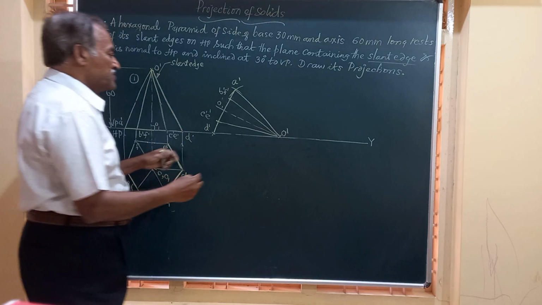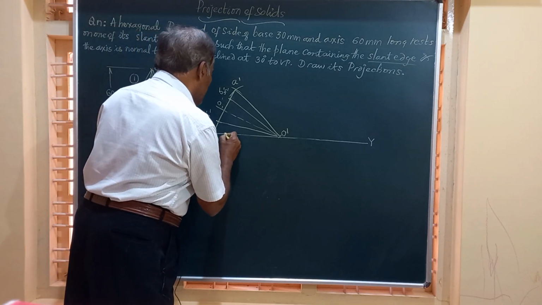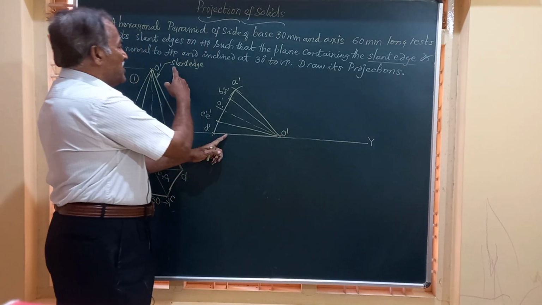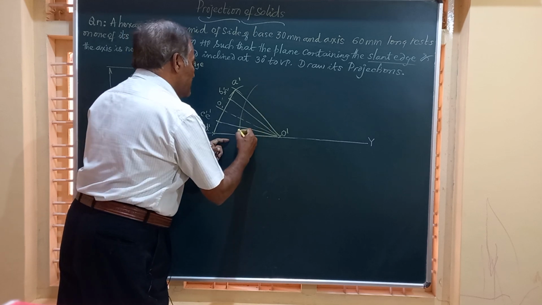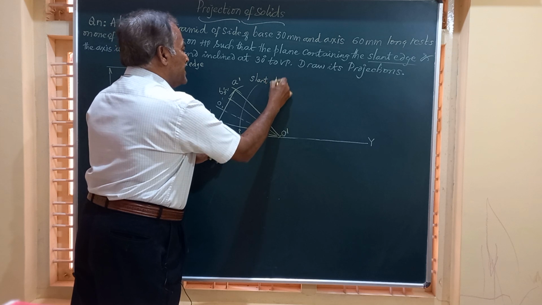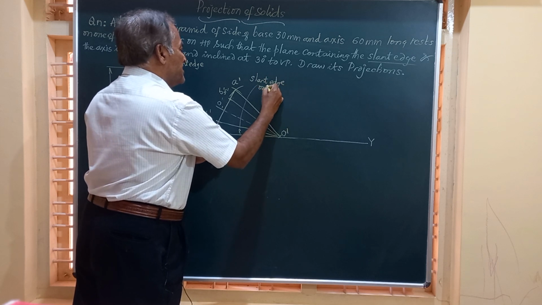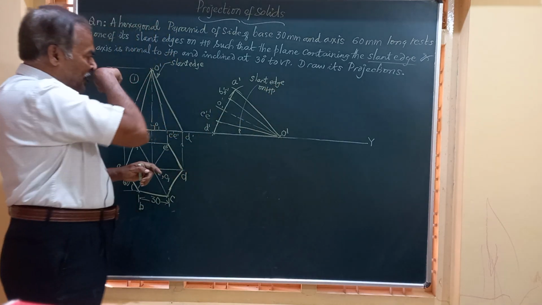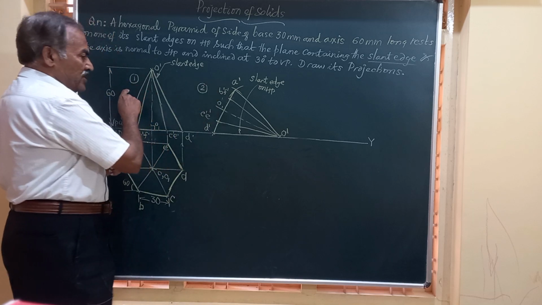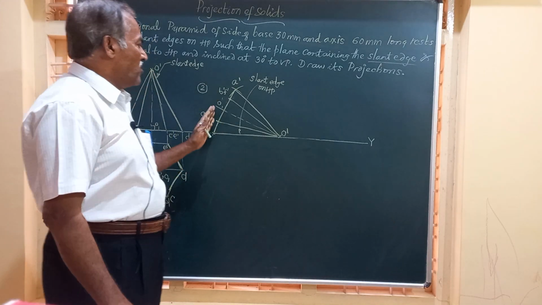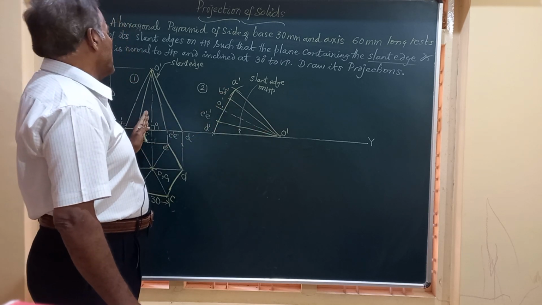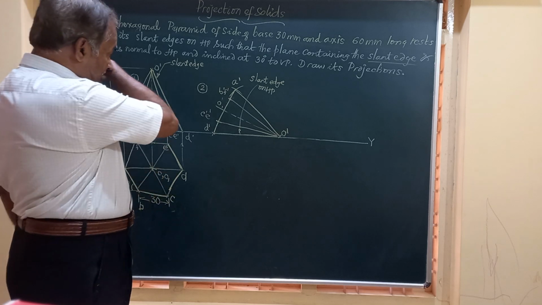Friends, if you observe here, the pyramid is resting on O dash D dash. O dash D dash is one of the slant edges. I will just write down here slant edge on HP, slant edge on XY or on HP. So we have drawn the front view, that is figure number 2 is a photocopy of figure number 1. That is to say, all the dimensions shown here of every slant edge at the base are same as that of this figure. Now friends, I will see from the top